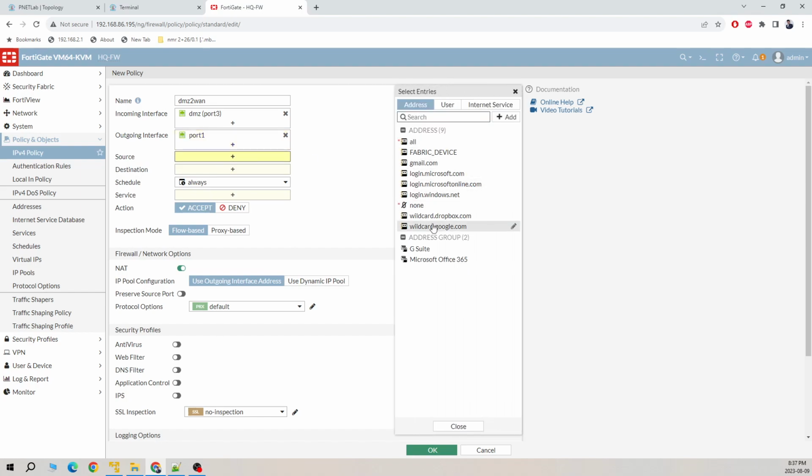Source. So here I need to add a source. I'm not going to add a source all. So here I need to add a particular MAC address. So how do we want to do that? Click on add, create an address,